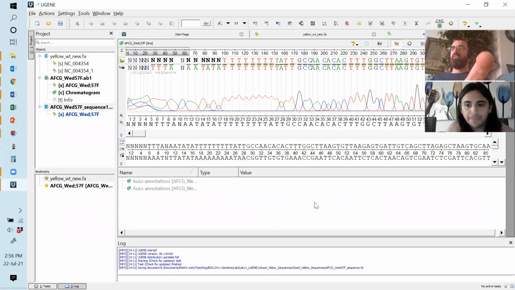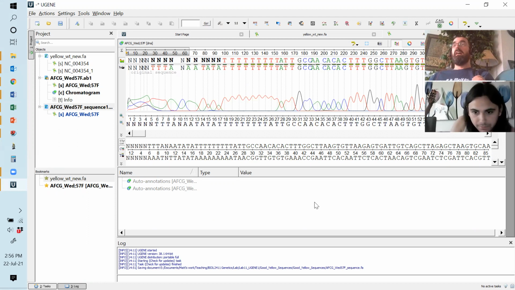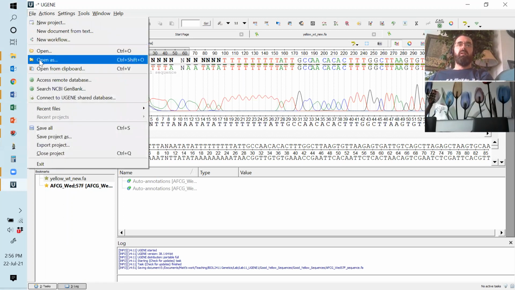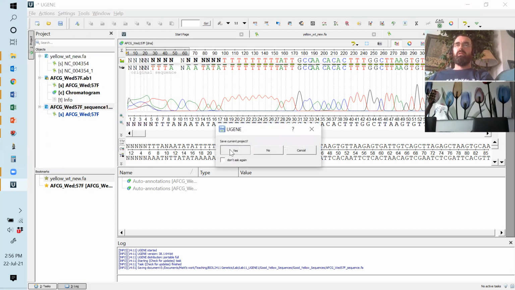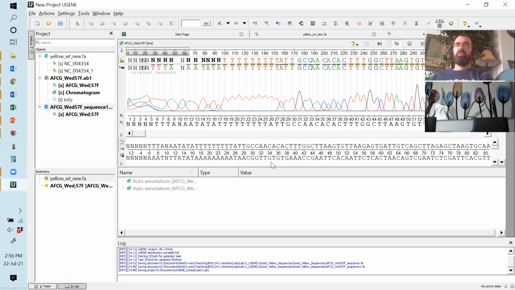Now, it says to do that for every sequence in the Eugene folder. I think that would take you a very, very long time. So I'd suggest doing this for 5 or 6, should give you a decent sample size. All right, so you can save that simply by saving a new project. So if anything happens, like the program crashes or whatever, you'll be able to open it back up where you're at. So now if you want to work on a second one,